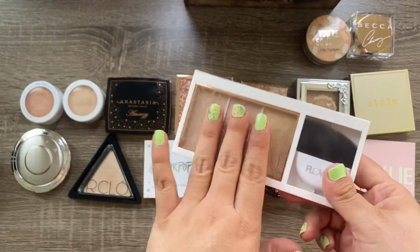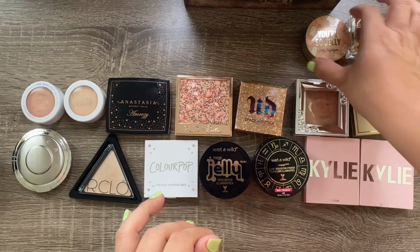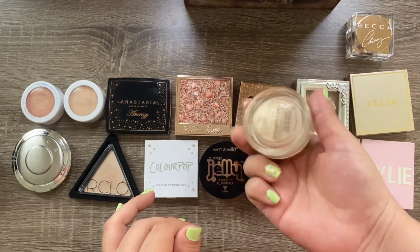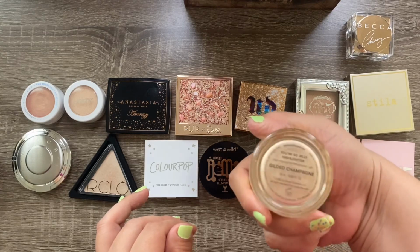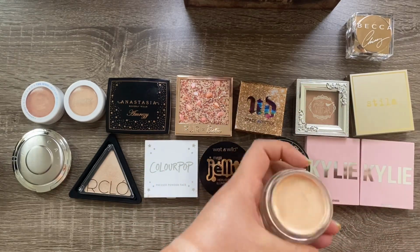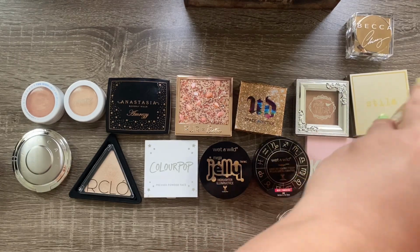But I love this palette. This is a good palette, so I'm definitely keeping that. I also have this Too Faced You're So Jelly highlighter, and this is in Gilded Champagne. I haven't used this much, but I did use it once and I liked it a lot, so I am